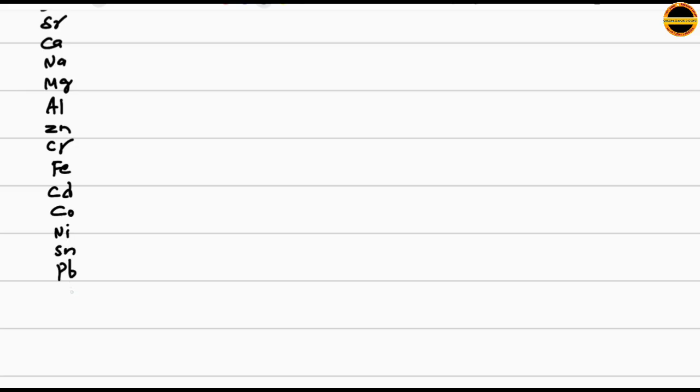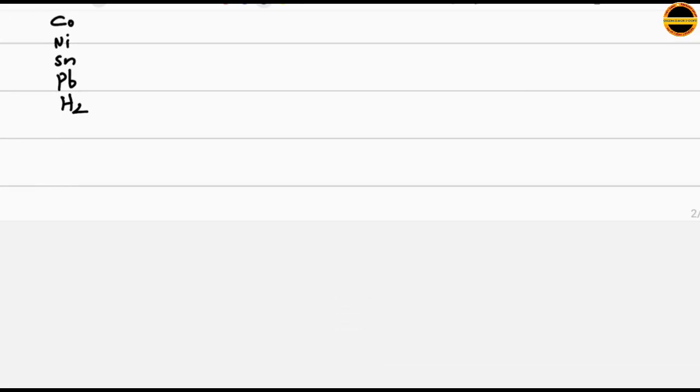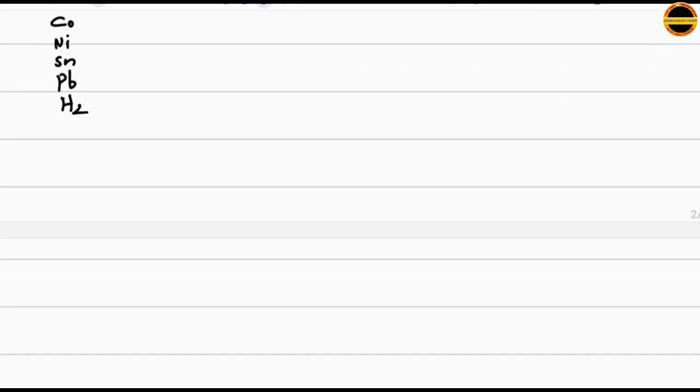Then followed by hydrogen. Cations of these metals we take here. After hydrogen, the known elements: copper, iodine, here mercury plus 1 you will get, then followed by silver, then mercury plus 2,